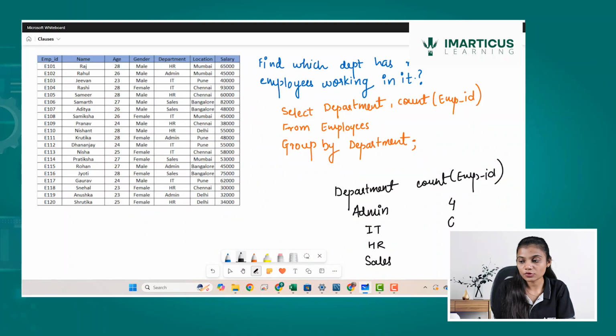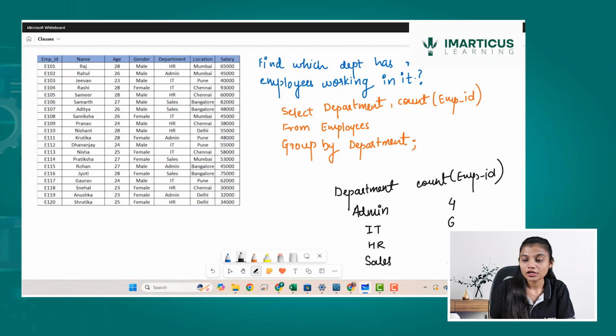So there are 6 employees belonging to IT as a department. Now HR: 1, 2, 3, 4, 5 and 6. So there are 6 employees again belonging to the HR department. And then comes sales: 1, 2, 3, 4. So 4 employees belong to the sales department.